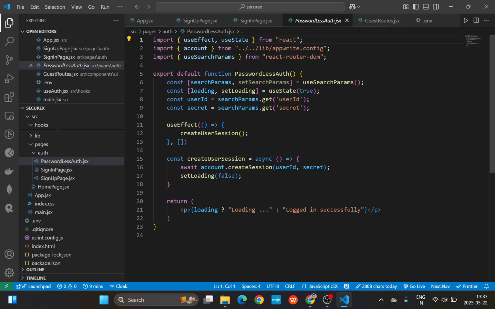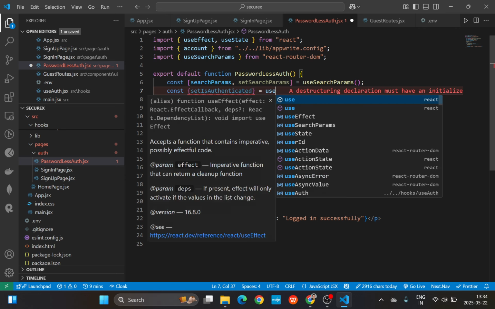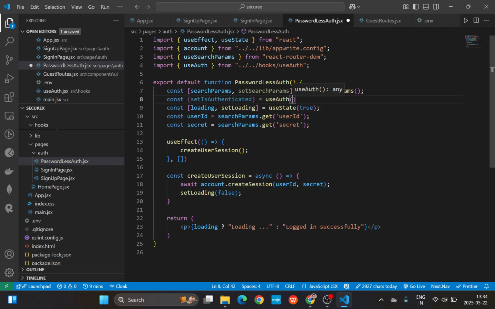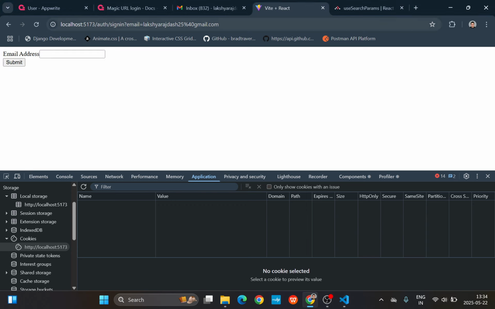Now inside passwordless auth, let me just bring in setIsAuthenticated from the useAuth hook. As soon as I do this, I will set authenticated to true. Okay, now if I'll go ahead